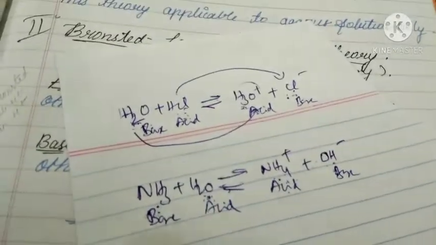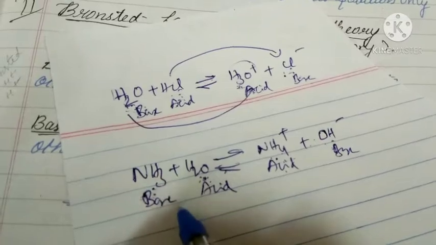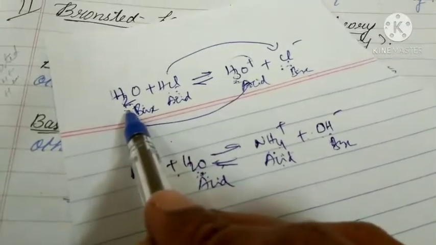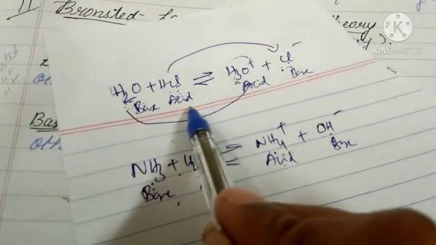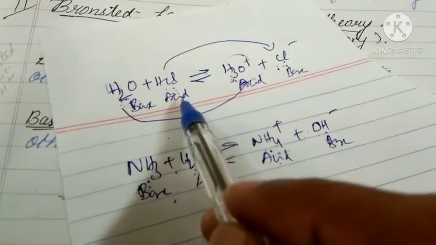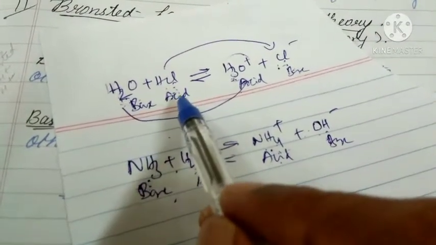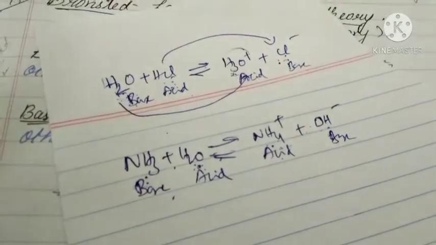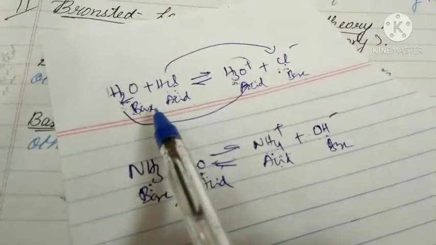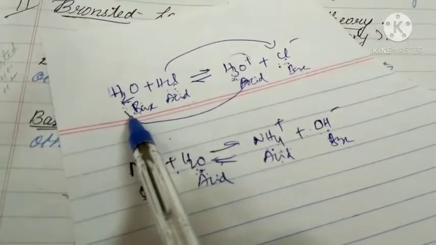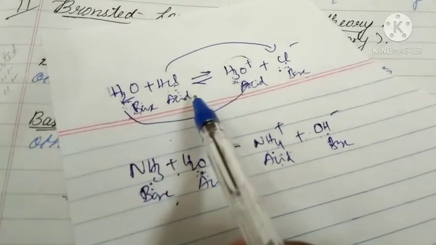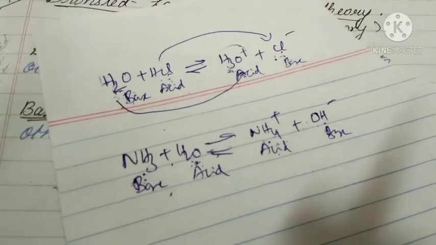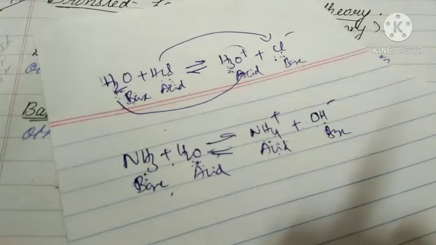So what you have to understand, according to Arrhenius acid-base theory, when an acid reacts with a base, proton transfer takes place from acid to base. That is called neutralization. That is one point. I repeat that point. Listen carefully. According to Arrhenius acid-base theory, when an acid-base reaction takes place, proton transfer takes place from acid to base. That is called neutralization. According to Arrhenius acid-base theory, what is neutralization? Formation of salt from acid and base.